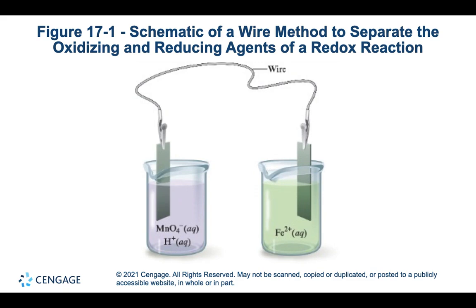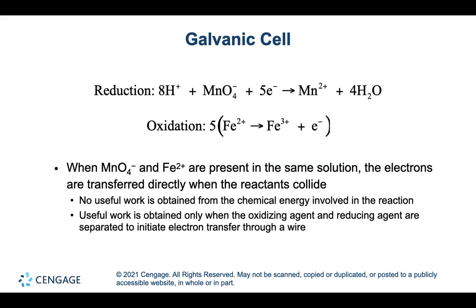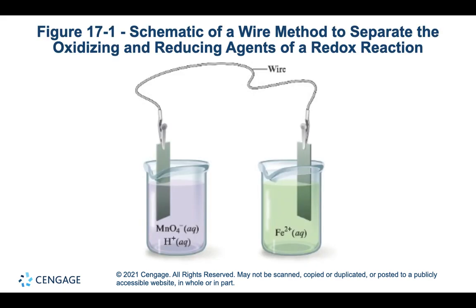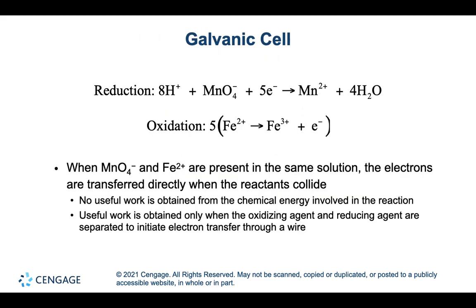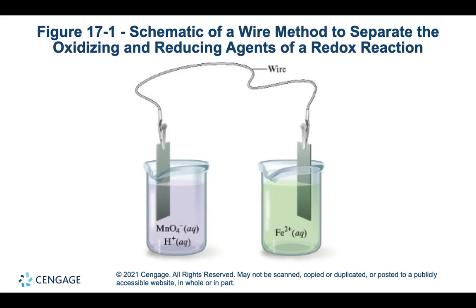So this would be a schematic of what you might arrange for this particular reaction. On the left we have the permanganate MnO4 minus ion and the H plus, because those are the two reactants in the reduction step. And on the right we have the Fe plus 2, which can potentially convert into Fe plus 3. So we have our reactants ready, and so then you'd have some metal connecting the two sides, metal electrodes, metal wire, and then the electron would flow,